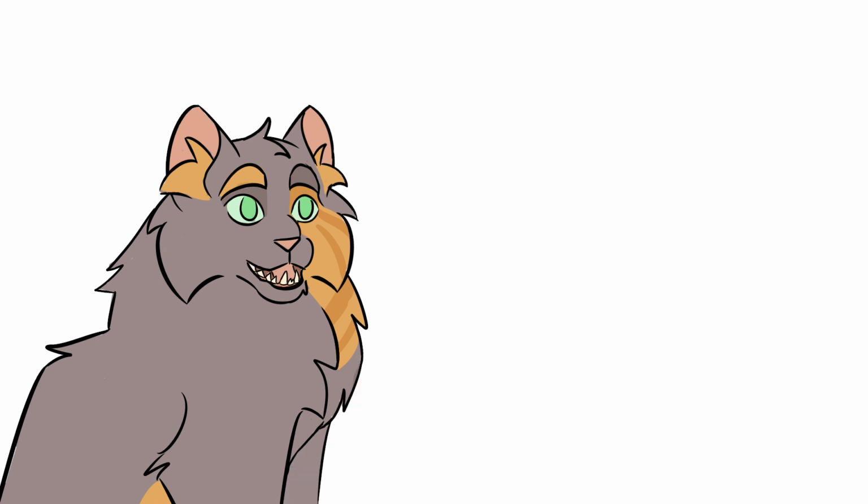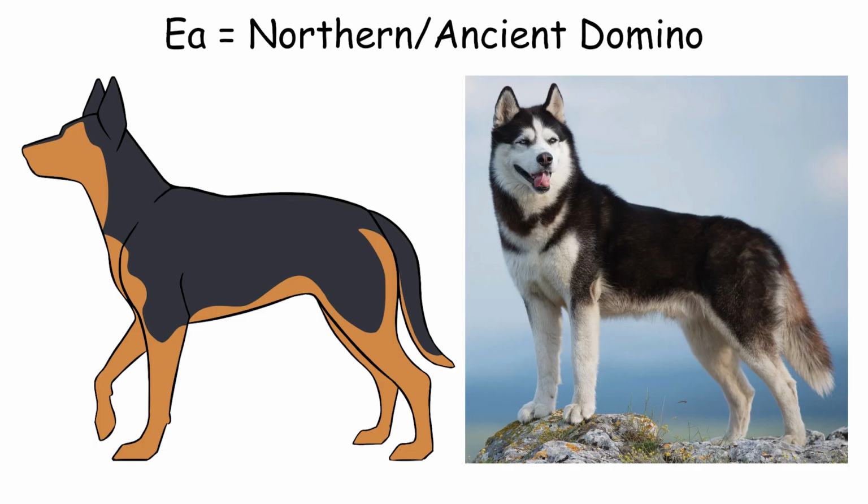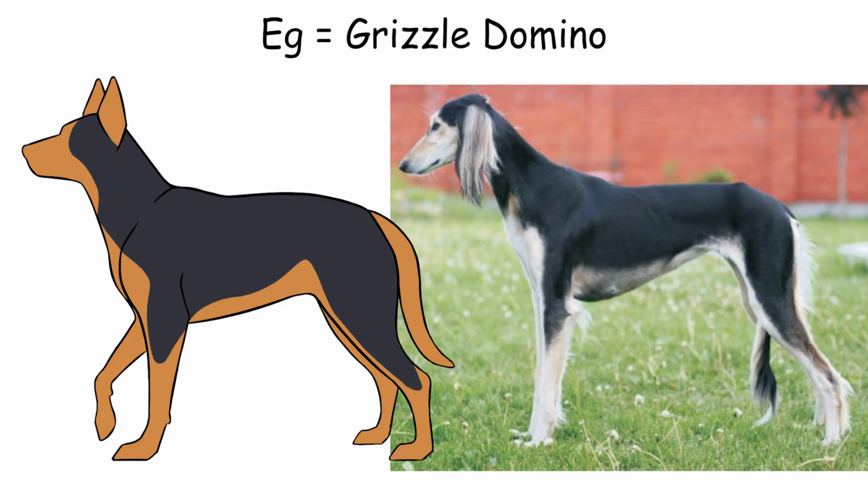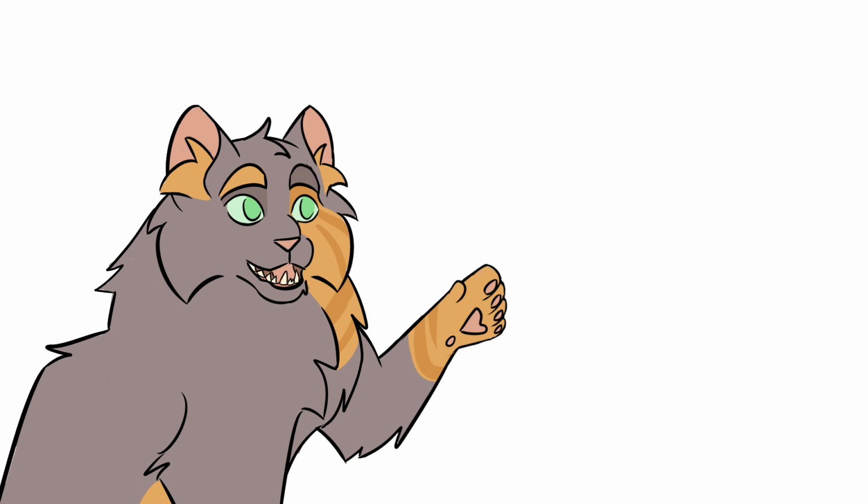Despite all 3 causing domino, each allele here causes a slightly different variation of domino. EA is described as northern domino or ancient domino, and EG is grizzle domino. Apparently there might be a mild incomplete dominant situation with capital E, where a dog who's heterozygous capital EEA or capital EEG might show some slightly bigger red markings than a capital E homozygote, and might have a slight pink